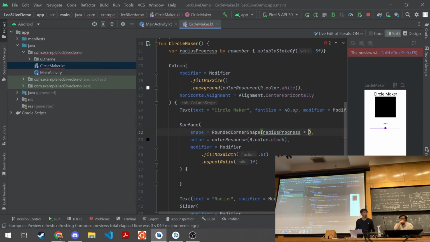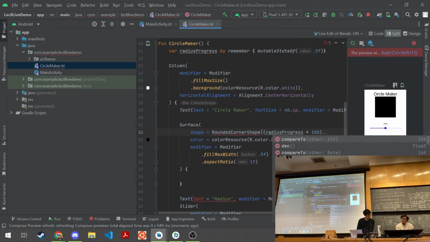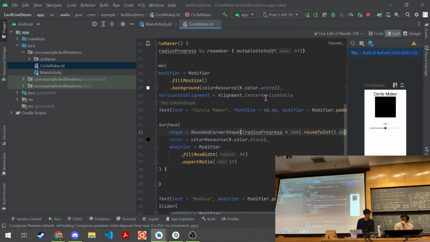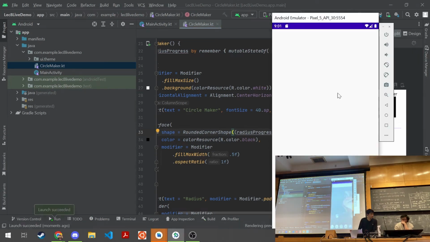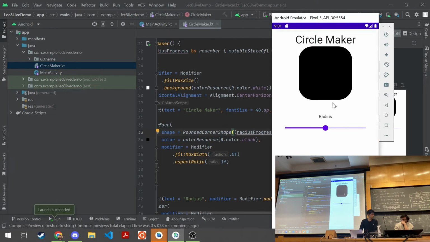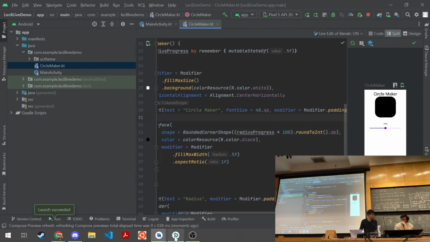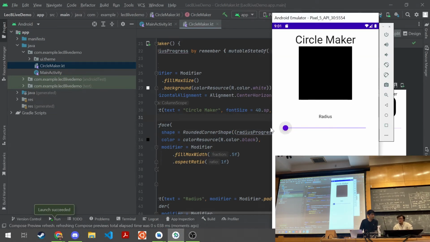This should be a value between 0 and 1. So let's say I want to get it to like 100 dp. I'll say times 100, wrap this around, turn it to int, or round to int would be better. And then dot dp. Let's try that and see what happens. It should already be a little rounded, since our default value is 0.5f. But if I drag it around, you can see it automatically updates with whatever radius I tell it,